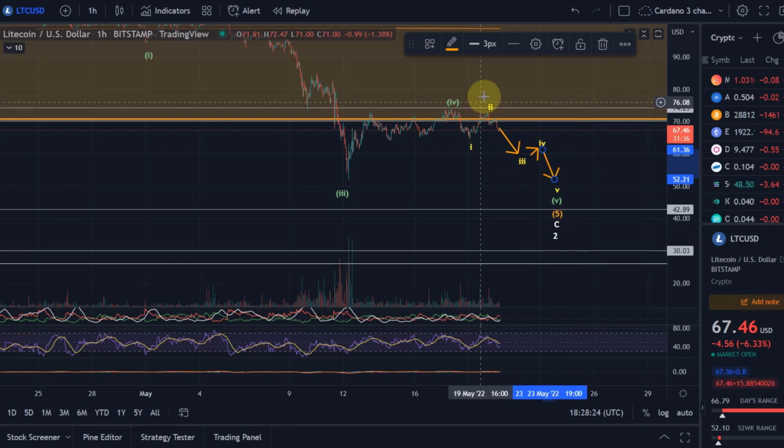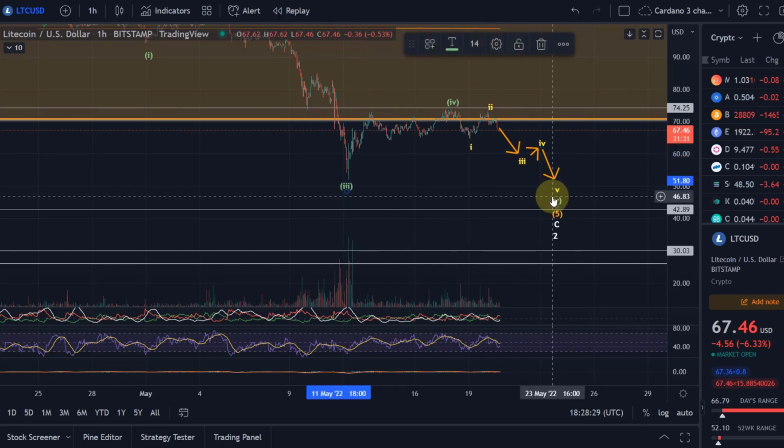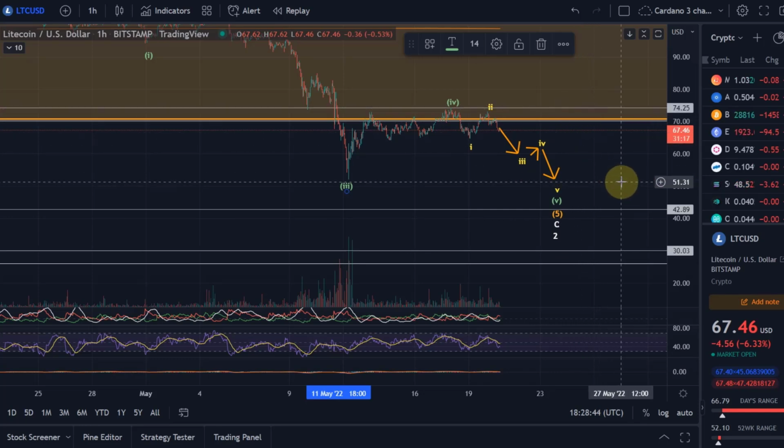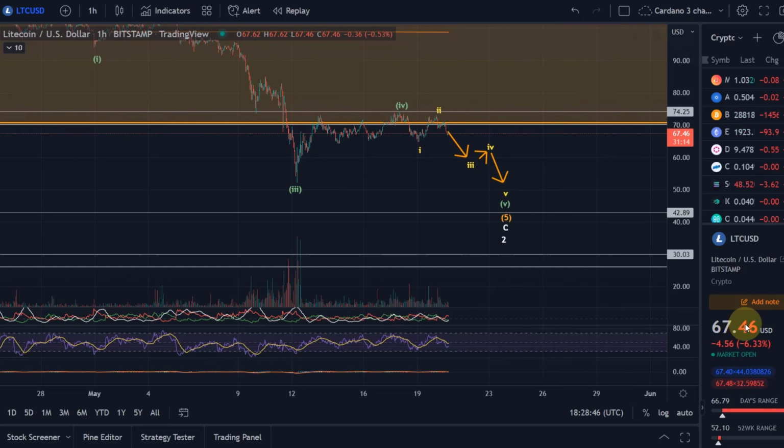43 US dollar level. It would match quite well, because in this last wave 5 you want to get below the wave 3. Absolutely, you want to do that. You want to make a lower low, and we've in the beginning identified the $43 level as a key area of support. Now should we lose that, really the last straw they have is $30, and for this, well, it shouldn't definitely hold, but it is still more than a 50% drop possible here to really reach that last main support level. So from that point of view, quite confident that we are going to reach one of these levels, and I do expect currently still lower lows.